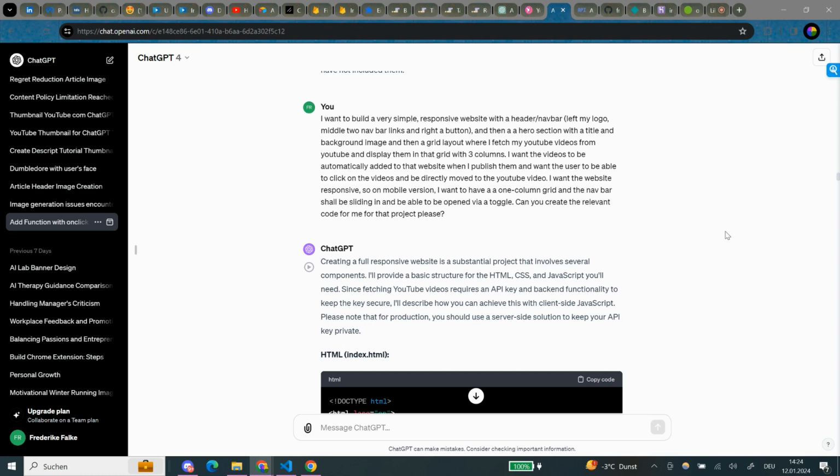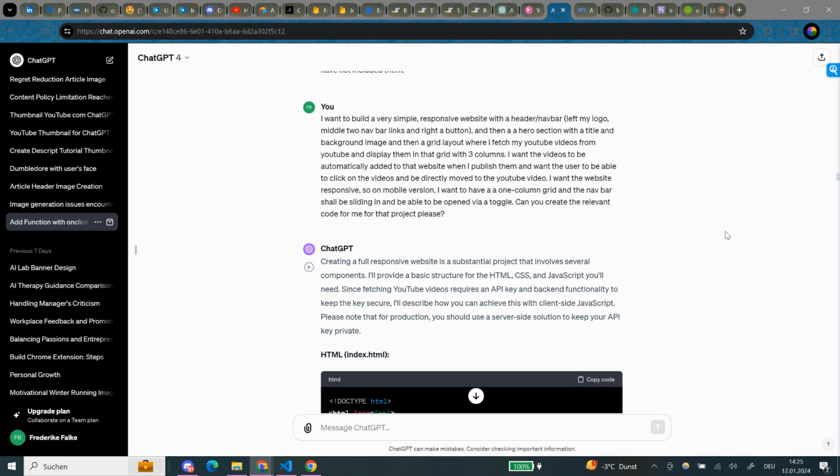And I also made changes, and these are probably the key changes that I made in the process with ChatGPT, is to also include some full stack development behind this, because I learned that you have to be careful if you deploy a website like this, that your API keys, so these things that you connect to YouTube, that they are safe and not everyone is able to see them